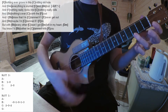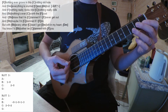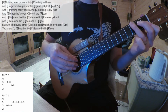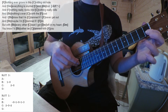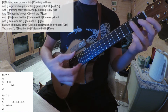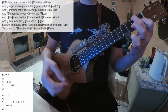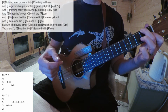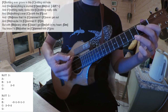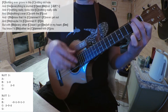Nothing ever grows in this rock and roll hole. D minor stunted with a C to B flat. Riff 1 again. Nothing really rocks with an F, and nothing really rolls with a C. Nothing's ever C worth the cost. So these chords should all, there's nothing new here. If you want to get fancy, I think there's a little